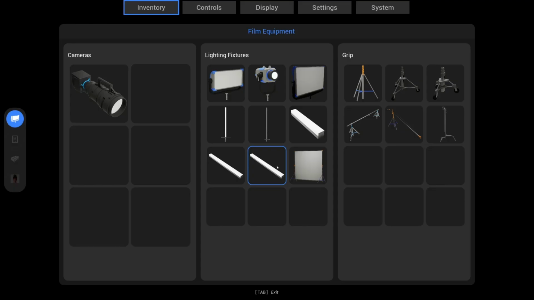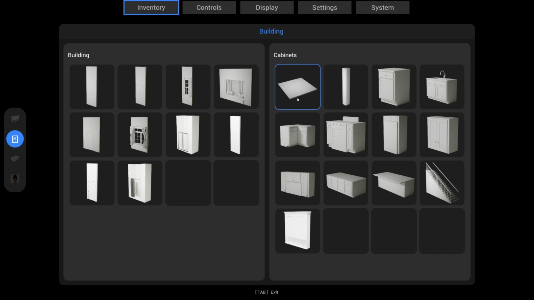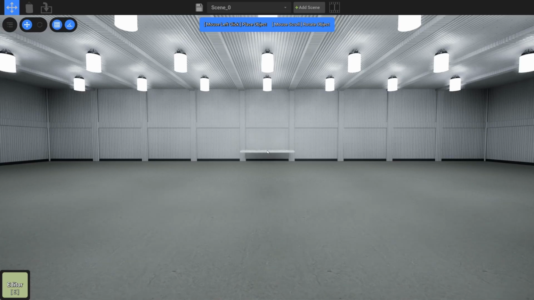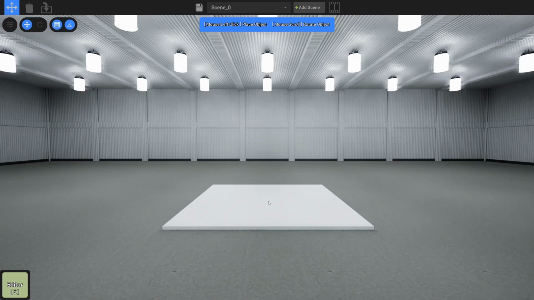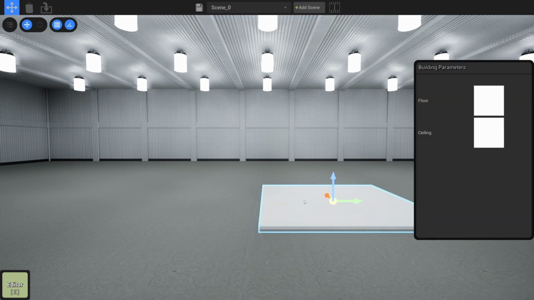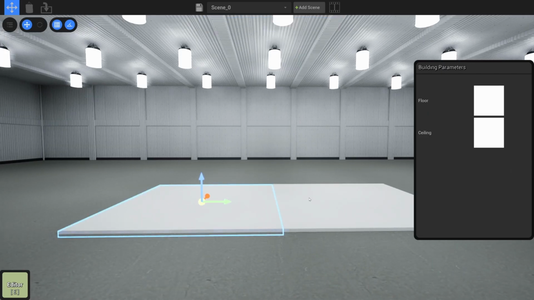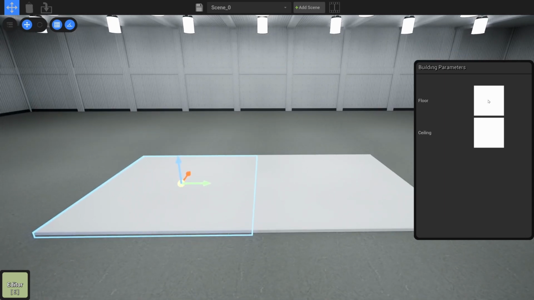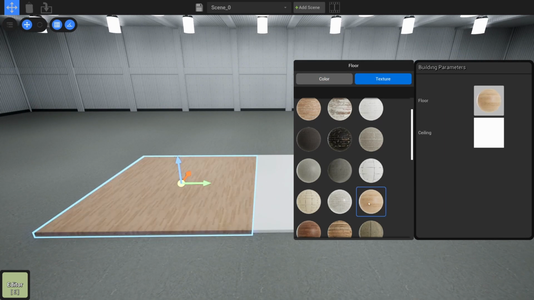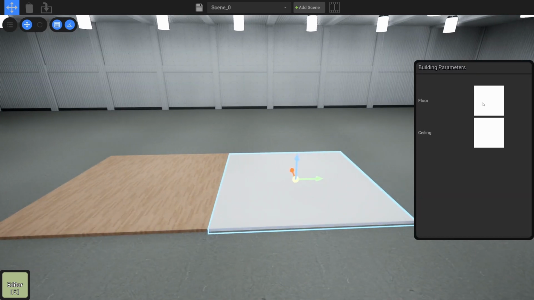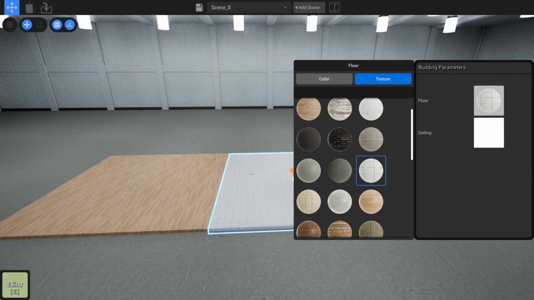Let's hit E and start out by checking out some of the new building assets. This menu is going to keep getting redesigned as we have more and more props. And let's start this off. We're going to be making a 2-room build here. So 2 floors, and we'll make the first floor wood, and we will make the second floor tile like this,